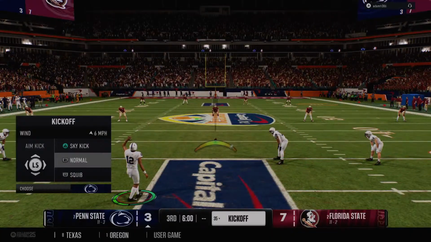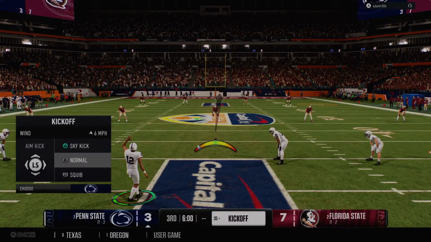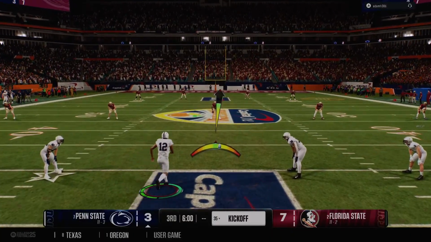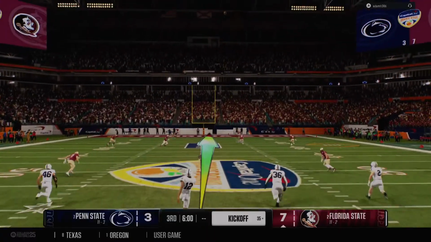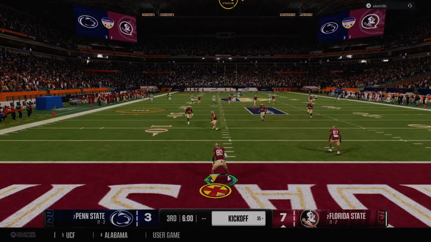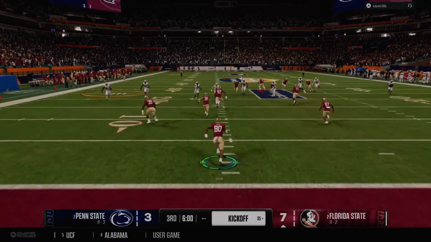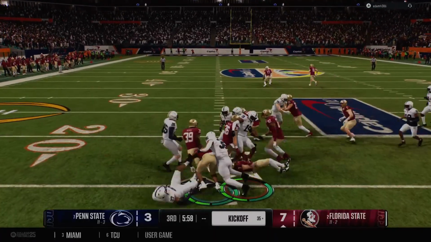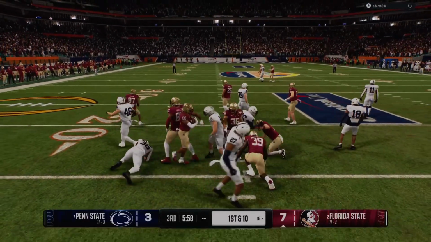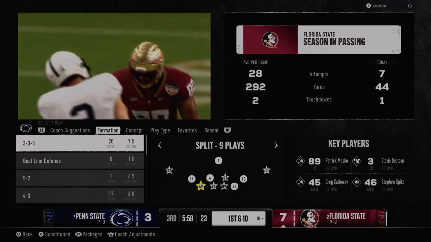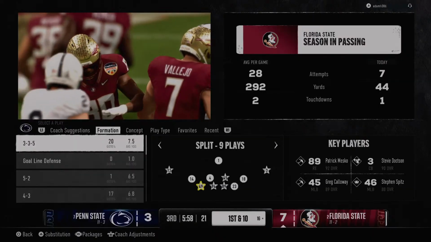Nittany Lions will kick this away to begin the second half. Fielded in the end zone. It's Gibson, and he's brought down at the 16. Would have been better off leaving it in the end zone for a touchback.